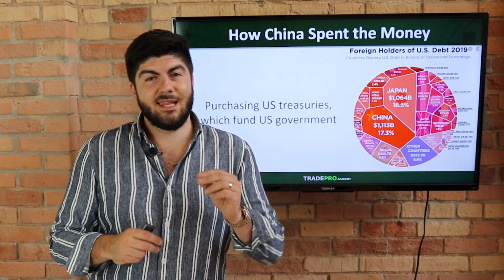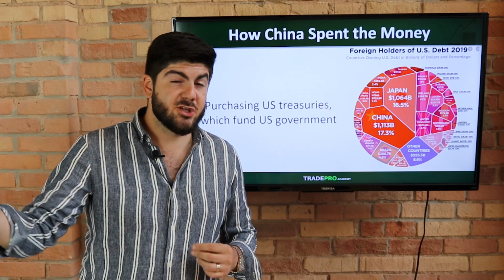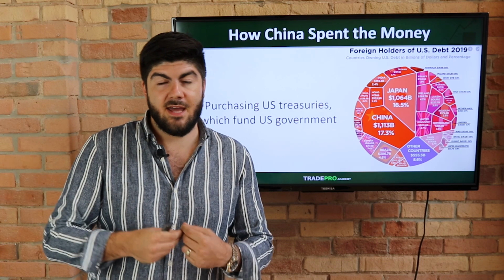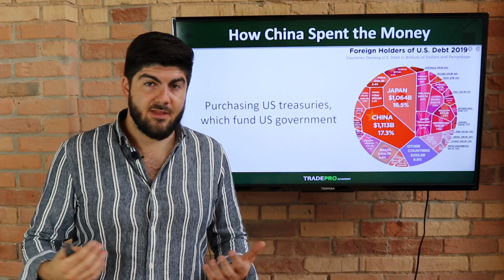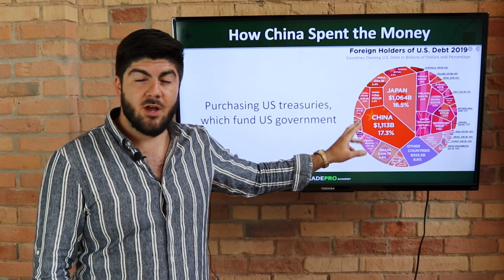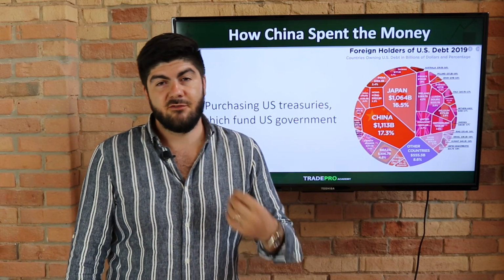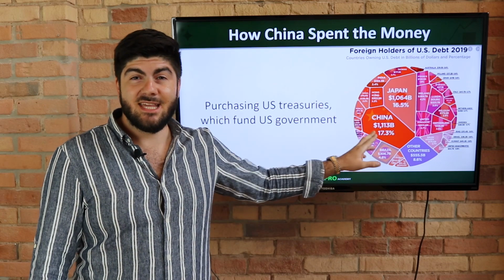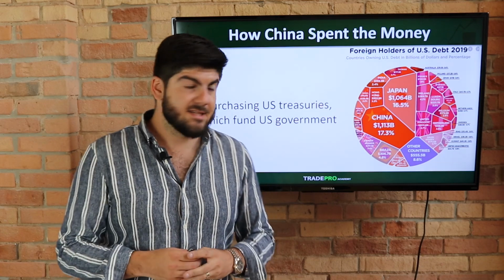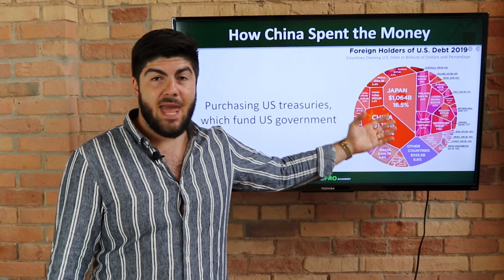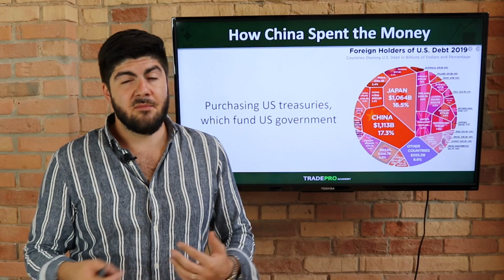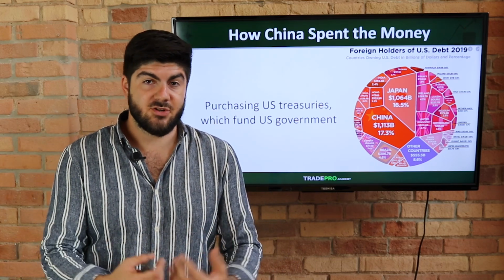So this money was collected from China because they had a surplus of US dollars, and China financed the US government as a result of their net profit in USD. As you can see here, China actually owns over $1.1 trillion of US treasuries, about 17.3% of the total foreign investment into the United States. The second largest is Japan, standing at 16.5%, and Japan is also a massive creditor or financer to the United States